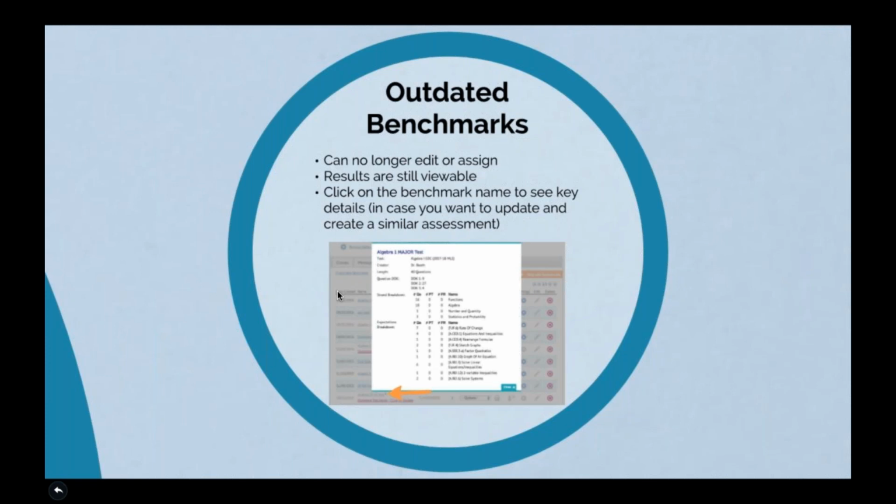And one tip is that if you are trying to convert an old benchmark, you may want to click on the name of that benchmark, the old one, so that way you have a snapshot of all the strands and expectations that were in there and how many questions in each one. That way, if you're looking to build something pretty similar, you can see how many questions you had for each one. And you can just take a screenshot of that or copy it somewhere and look at that as you